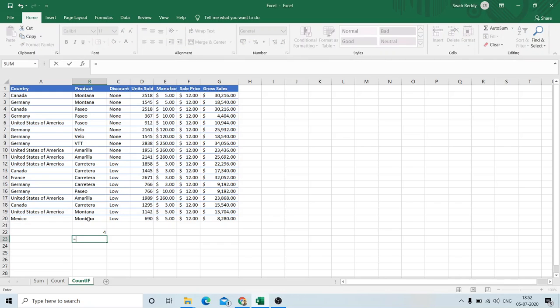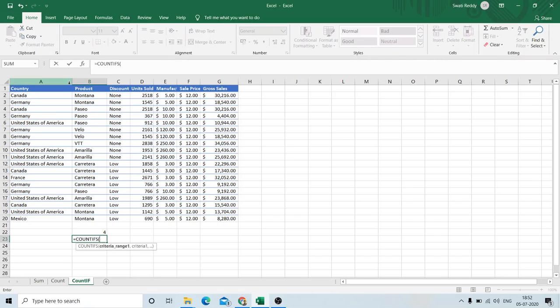Now what is the use of COUNTIFS? With the help of COUNTIFS, if there are multiple ranges and multiple criteria which need to be selected, we can find the number of products. COUNTIFS, clicking on the tab.